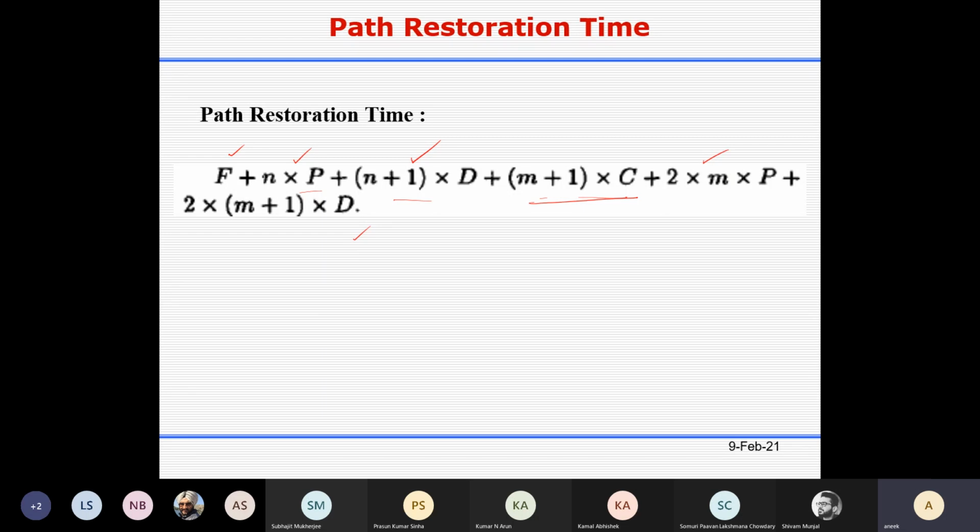Okay, so as we discussed also, I have already sent you these materials, the original papers I have sent. So see there the advantage, disadvantage, which may not be written over here in this slide, but I mentioned, and in the paper it is written. So you can see those things, that four approaches. So you know that restoration and protection, what are the advantages, disadvantage, and in case of link protection and let's say path protection. So that also you understand looking at your procedure and the protection switching times. Okay.